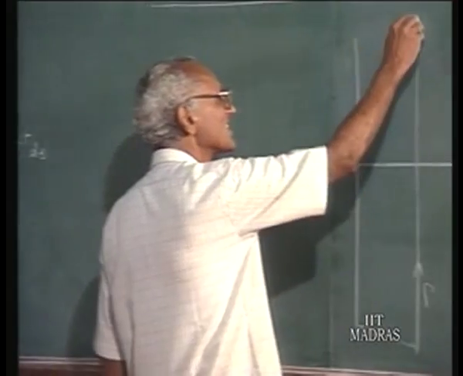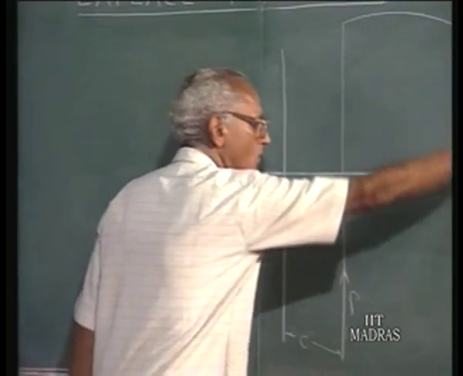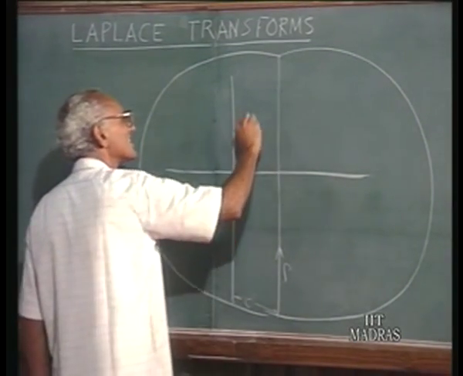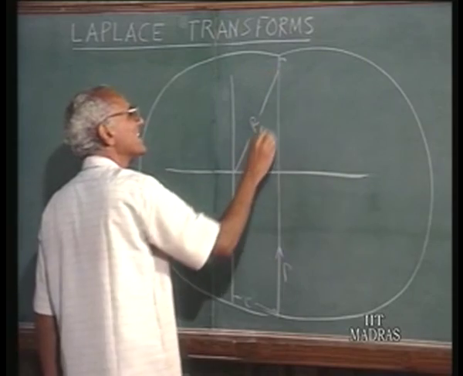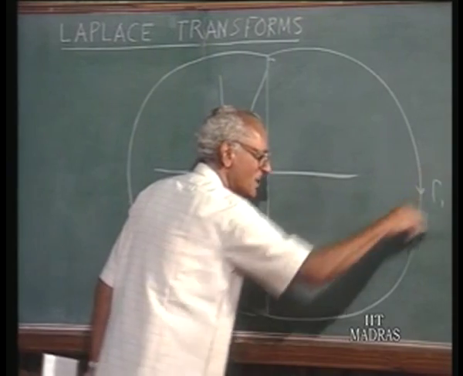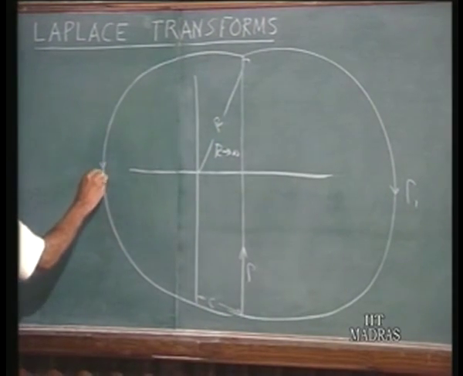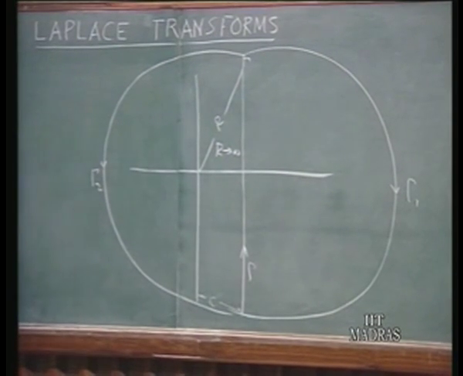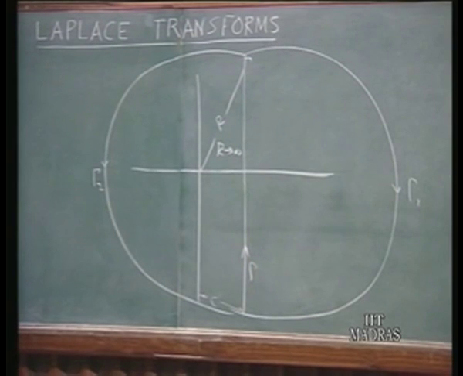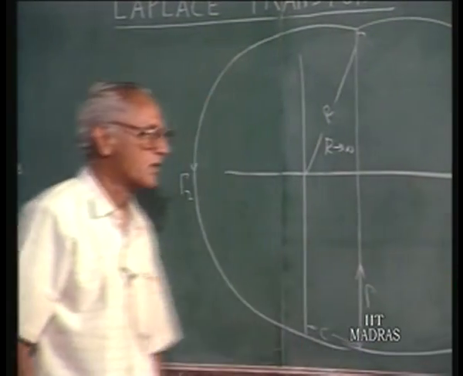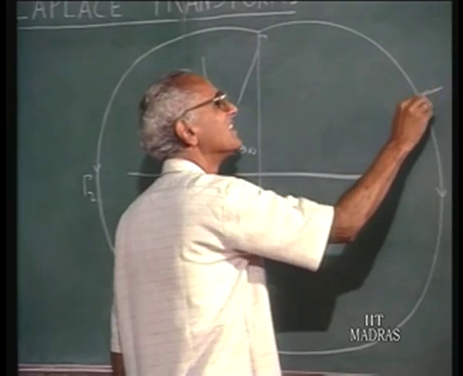So what one does is to close this by means of two large semicircles where r tends to infinity. Let me call this gamma 1, call this gamma 2. It turns out that if you have this integral evaluated around this contour, for t less than 0 it vanishes. So integral